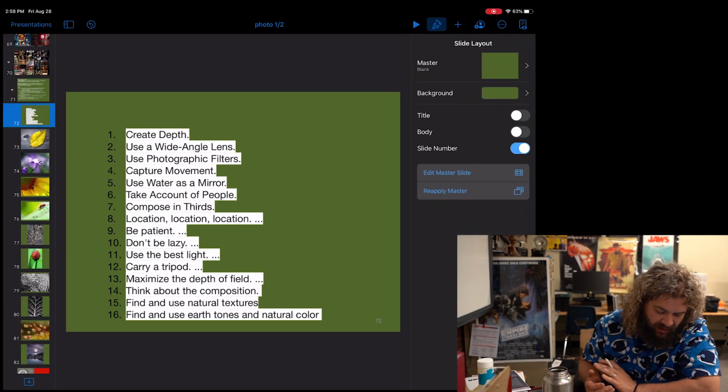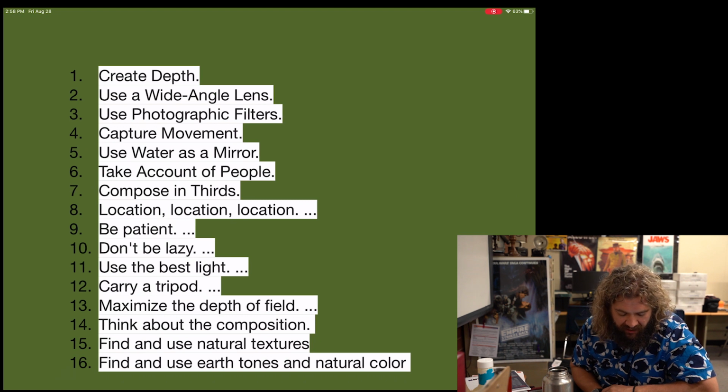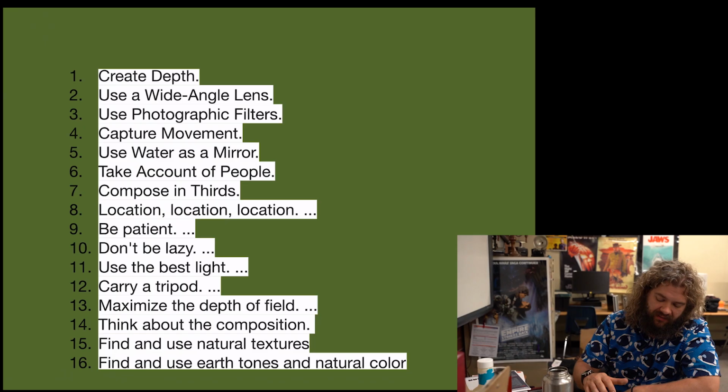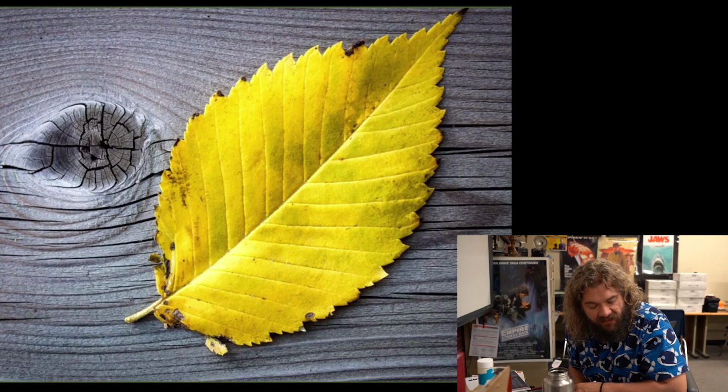Yeah, that's annoying. Find and use earth tones and natural colors. So make sure you have natural colors in your picture and it will help communicate landscape. Okay, micro landscape. So